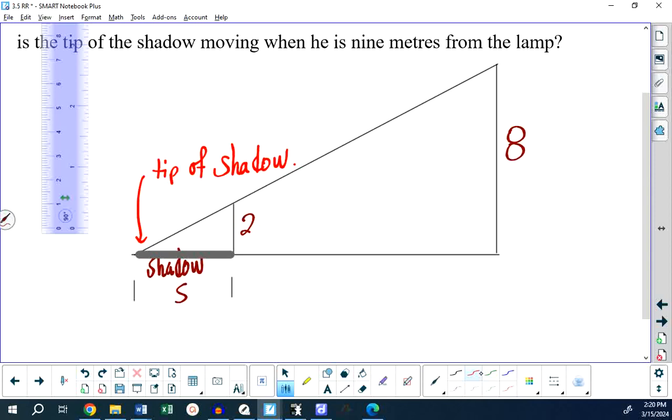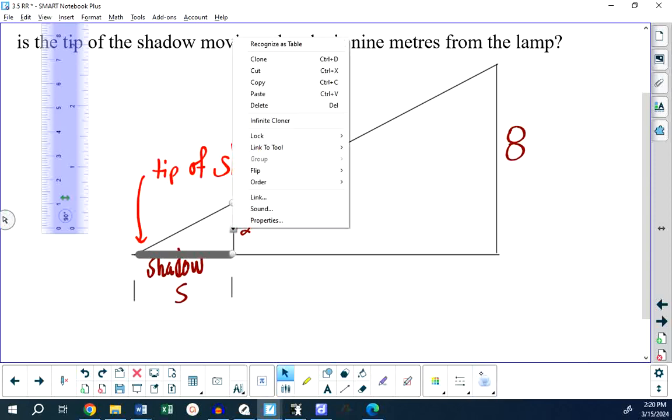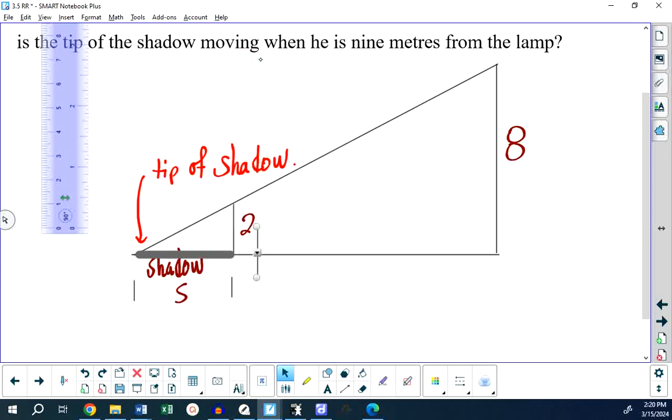Christy? Yeah, the length of the shadow depends on where the man is. Like right now, if the man is there, that's the shadow. And I don't want you to change anything in your diagram. I'm just pointing out that if we were to move the man over here, whether he's walking towards the lamppost and that's where he ends up, or maybe he starts here and is moving away, I haven't looked and it's not that important yet. But if that's the case, then the length of the shadow